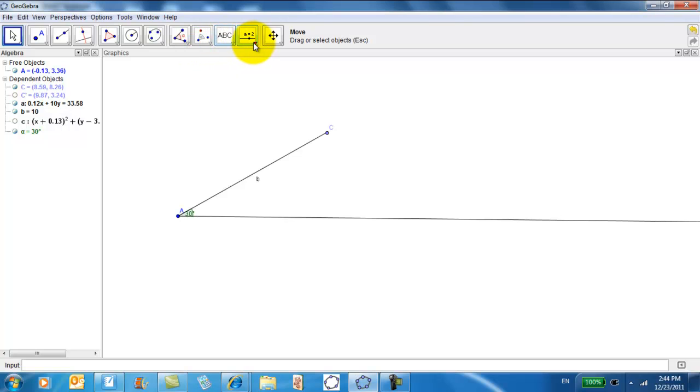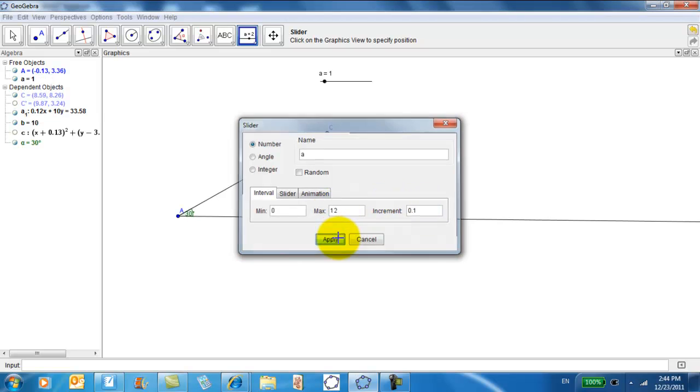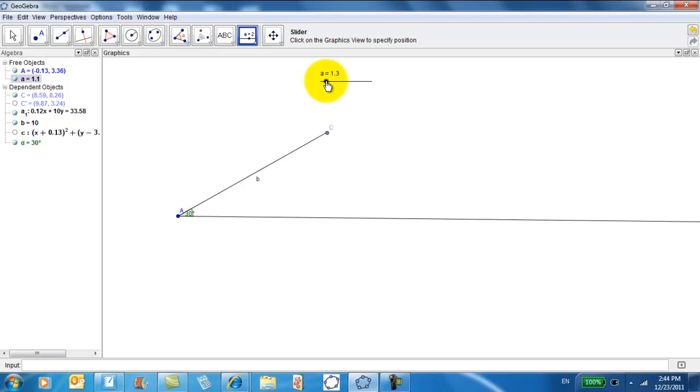So this is where I'm going to use a slider to let A range. And you have to click somewhere in the space. Let's click right there. We're going to call it A. And we want to have it go from 0 up to, let's say, 12. Increment rate 0.1. That should be fine. So now A slides along just fine, because A is going to be the radius of the circle we make